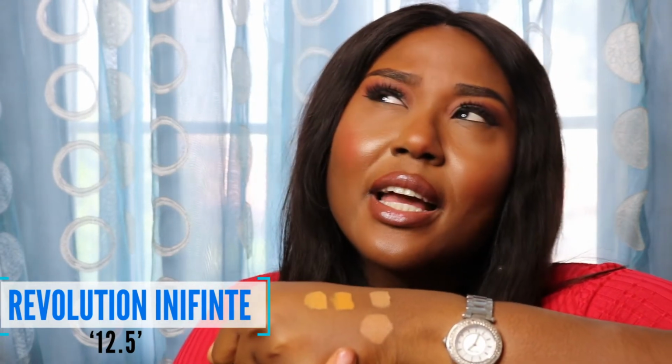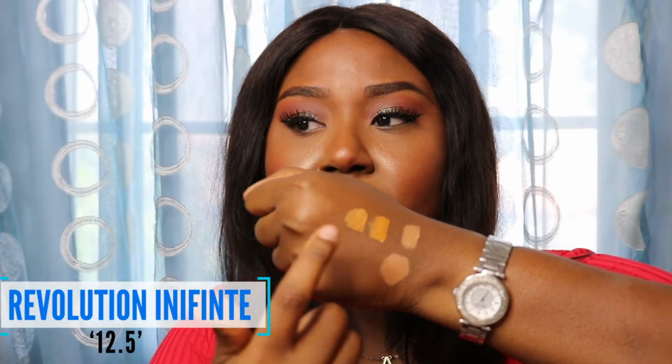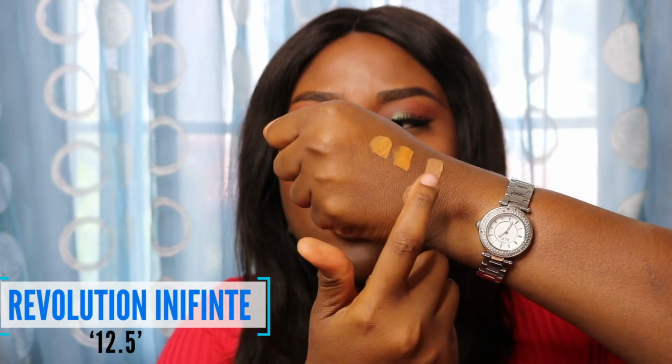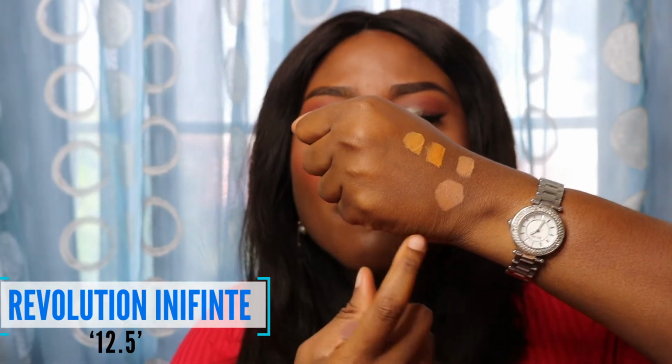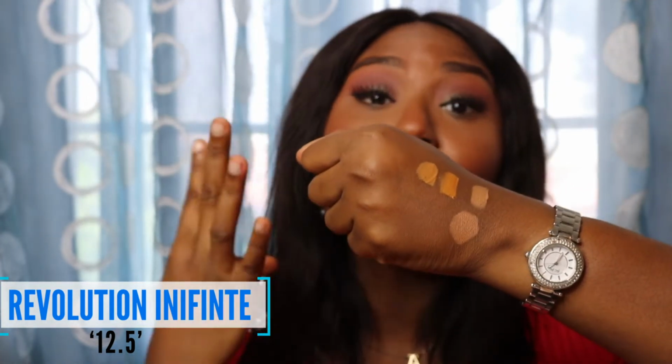And for my foundation, by the way, I use Fenty Beauty 420 and MAC NC50/NW45. As you can see, it's the calmest color out of all of these. You might find these e.l.f. ones a bit yellow and this JOUER one a bit bright, but this Revolution one is quite calm. It's very neutral, so it's not something I can go wrong with at all. £4, affordable, good coverage, sits well on the skin, high quality. I mean, what else could you ask for